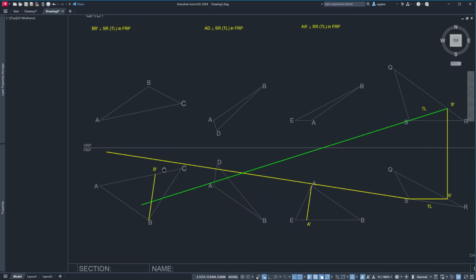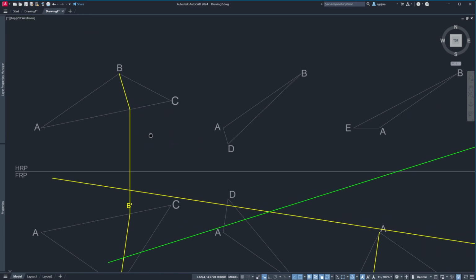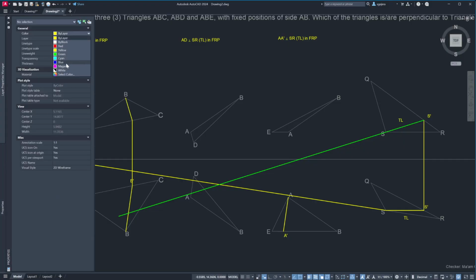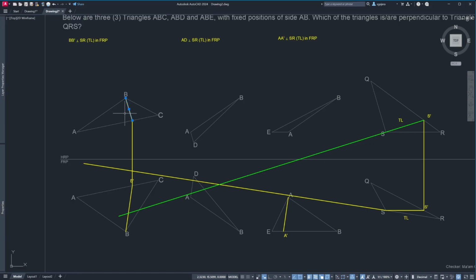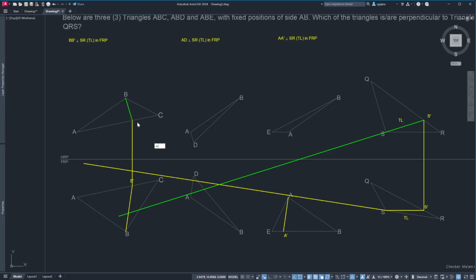Okay, so let's do it left to right again. ABC muna. So we've identified B prime, no? Itong BB prime. So let's just project it again. B prime is in between AC. So let's just project this. So this is now our BB prime. And probably dapat ginawa ko din tong green. Sorry. Let's make it green para mas kita natin, no. So we can extend this,